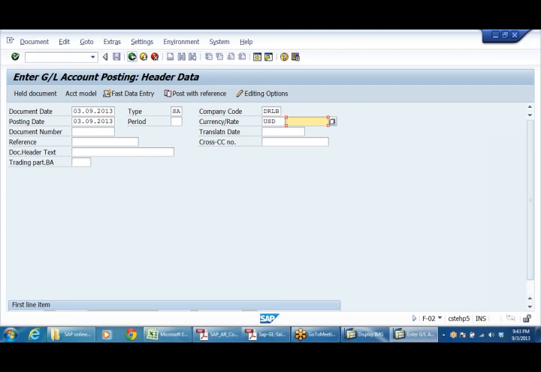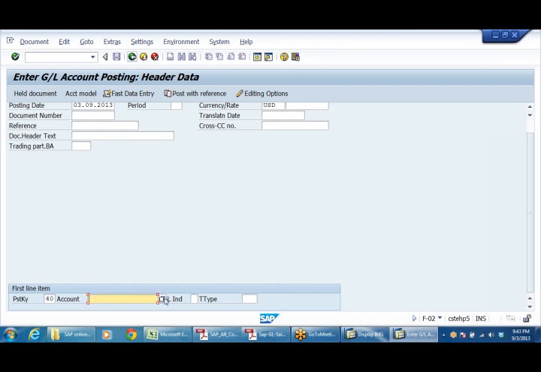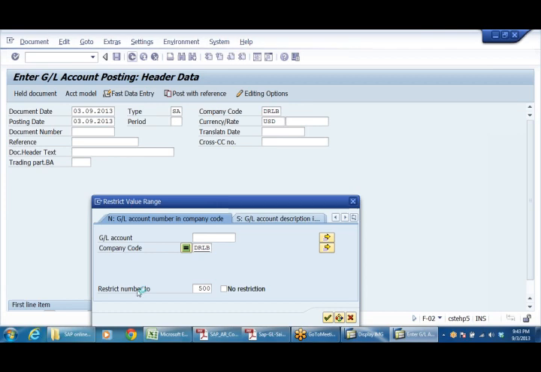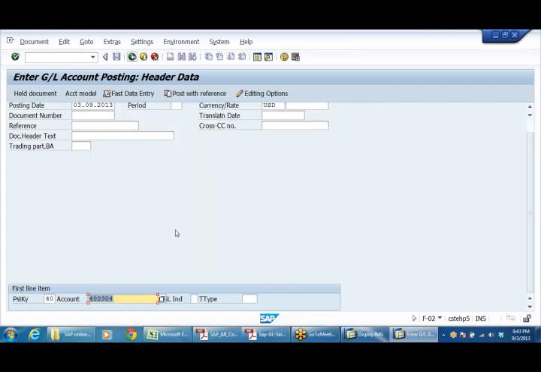Now I want to post US dollar. Here I am not mentioning the rate, right? Say for example, I'm posting one accounting entry. Let me take wages, bonus, office, telephone, office maintenance. Say some printing and stationery we are buying from, imagine, a foreign stationery supplier, right?